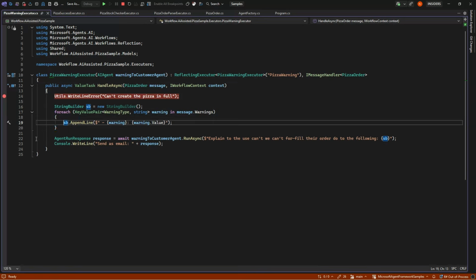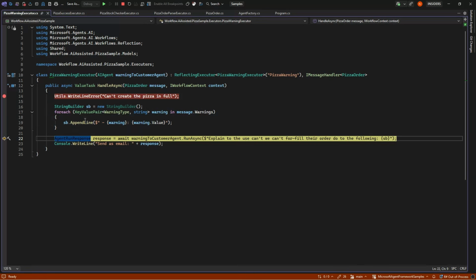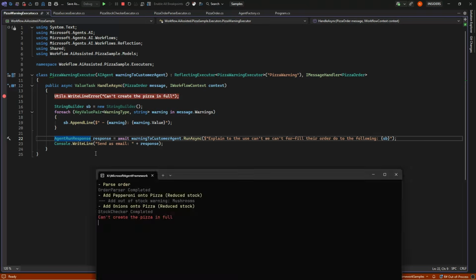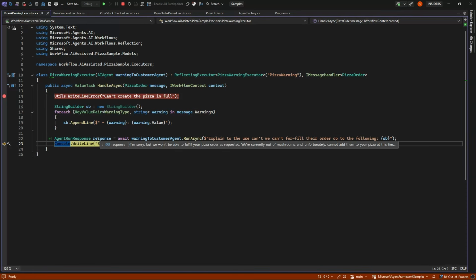We're gonna make that into a string. So just out of ingredient mushrooms, and we will give that to the AI in order for it to make a nice response back. I'm sorry, but we can't fulfill the order, and so on.